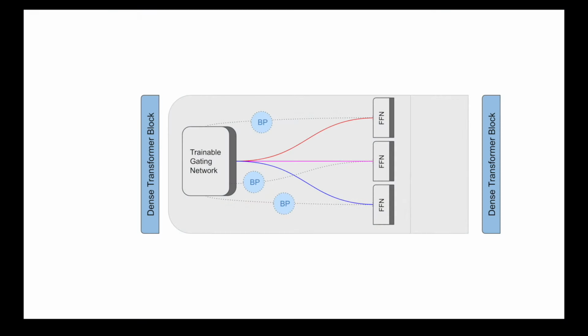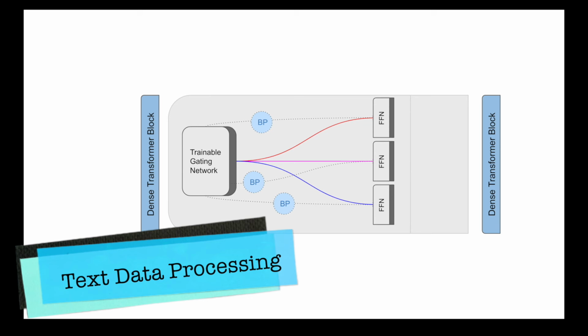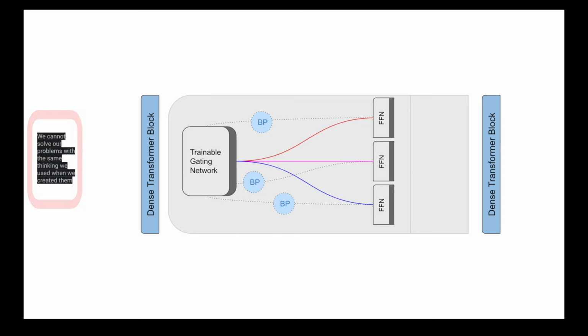Now let's take a look at whether we are using text MoE or the vision MoE. It means processing either text or images through a mixture of experts, and how data is processed. Let's start with text first. It means you have a large collection of text available. The very first step is to tokenize your text.